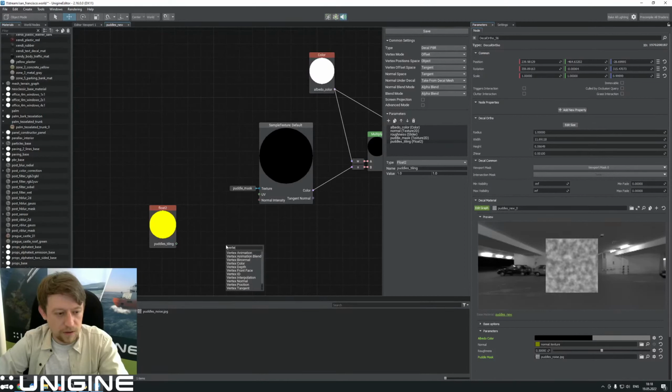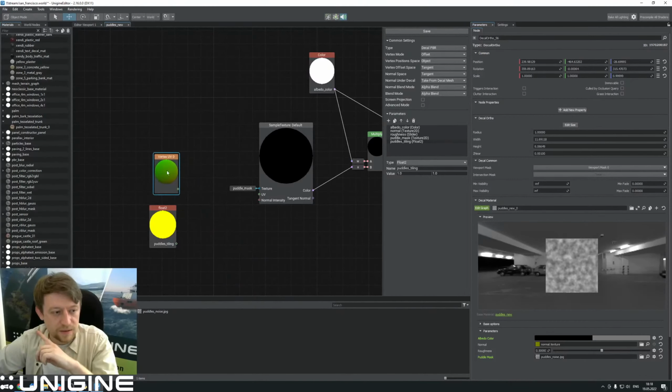Oh no, I'm wrong here. I guess, yeah, I guess we can use vertex UVs here, but there is a trick with decals, and yeah,